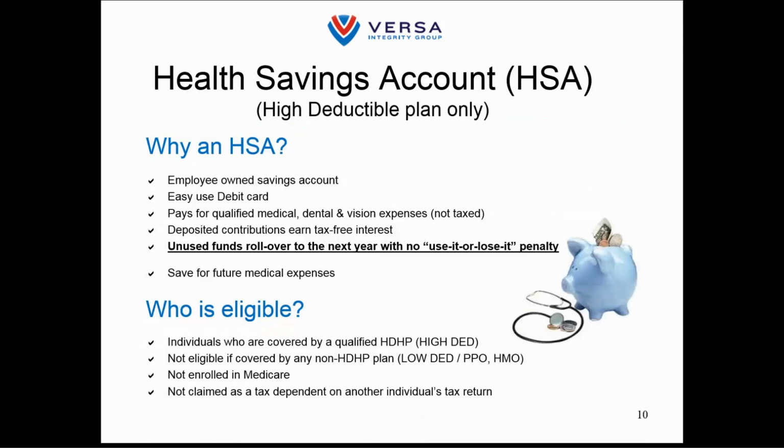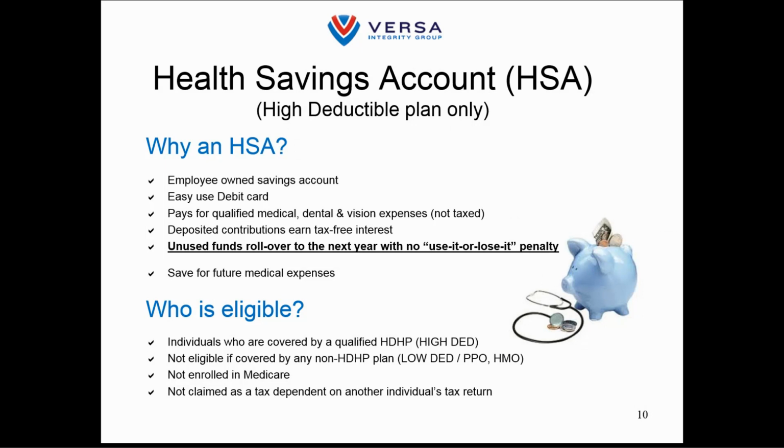When Versa employees choose the Gold High Deductible Plan, they are able to enroll in a health savings account, or HSA. Any HSA contributions you make are deposited into an account that you own and can be used by swiping a debit card at the point of purchase. This allows you to contribute pre-tax dollars to fund out-of-pocket medical expenses. If you choose to open and contribute pre-tax dollars to an HSA account, you can use those dollars to pay for out-of-pocket expenses during the year, or you can save that money for expenses down the road, such as retiree health care. You may even use your HSA dollars to help pay for dental or vision claims,